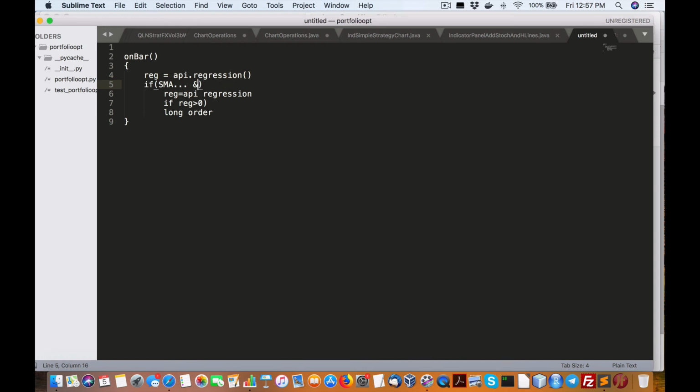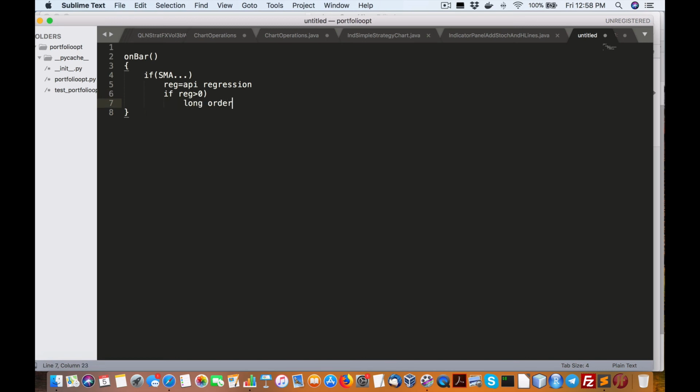So what we're going to do is take out this unneeded regression calculation, because every bar does that, and what happens is it throws off the platform, the JForex. So the only time it'll do a regression is if the crosses happen, the SMAs, the simple moving average crosses happen, and then do a second check, if you will, regression in that condition, and then if the regression is positive, then continue